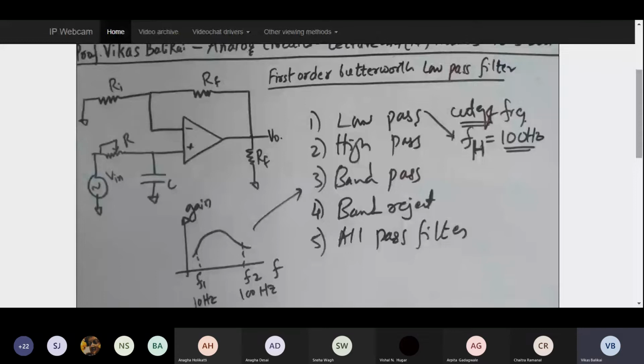Similarly, we will see the high pass filter's graph also. Now this is with respect to the band pass. Now what about band reject? It is going to reject those frequencies that are falling within a particular band. Again, if I call these f1 and f2, whatever frequencies are falling within this band are going to be rejected in a band reject filter.